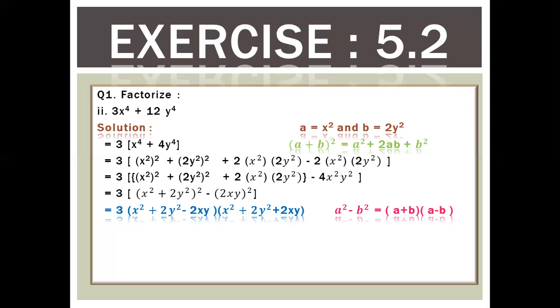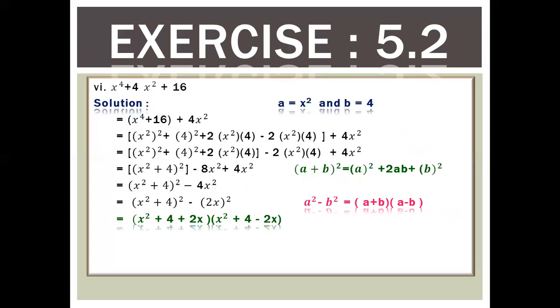So 2ab minus 2ab, the same term we add and subtract. The addition term we will join with the first two terms to complete the square, and always the negative sign will be left and it makes the square of b, a² minus b². In each and every part of this question, at the end we apply the formula a² minus b², which is equal to (a plus b)(a minus b).